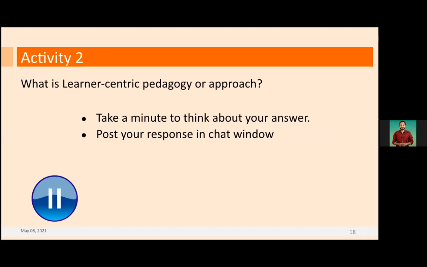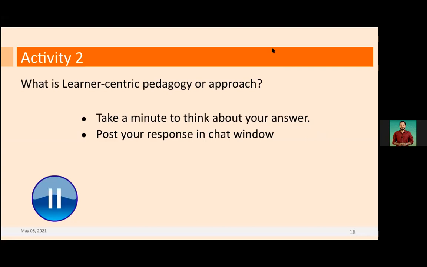Most of you have tried to highlight the major part of engaging students in doing some activities or giving them some learning activities. So that comes as a part of learner-centric pedagogy.